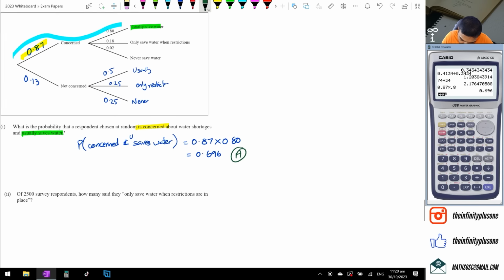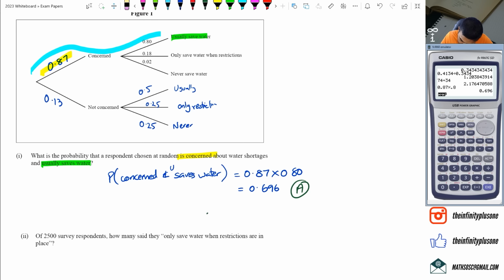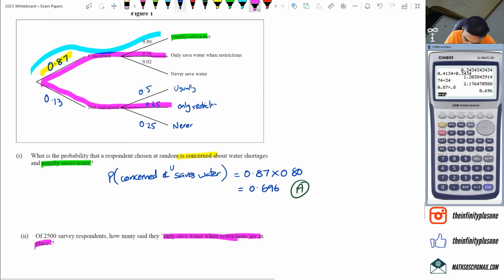Now the second part of the question says out of the 2,500 survey respondents, how many said they only save water when restrictions are in place? So that's basically this branch here and this branch here. So we've got to actually try and work out those two branches first. So we've got the probability of save water only when there's restrictions. God, my spelling is terrible today. Save water with restrictions